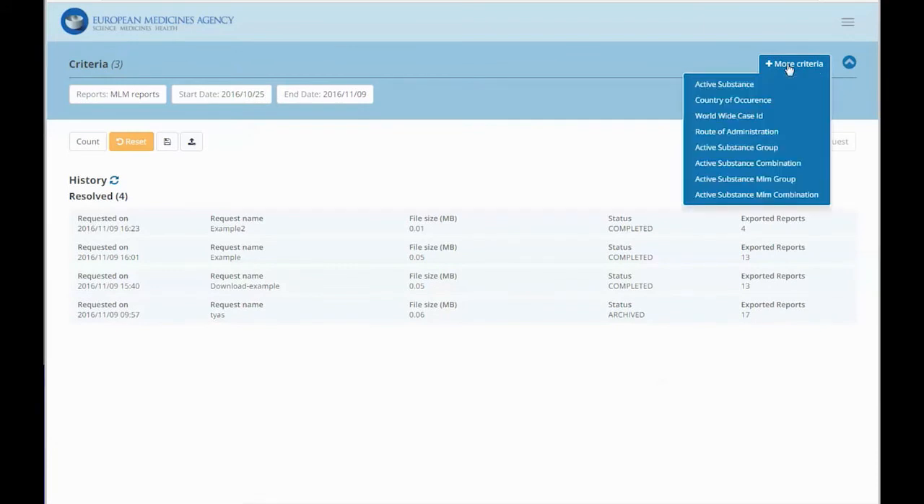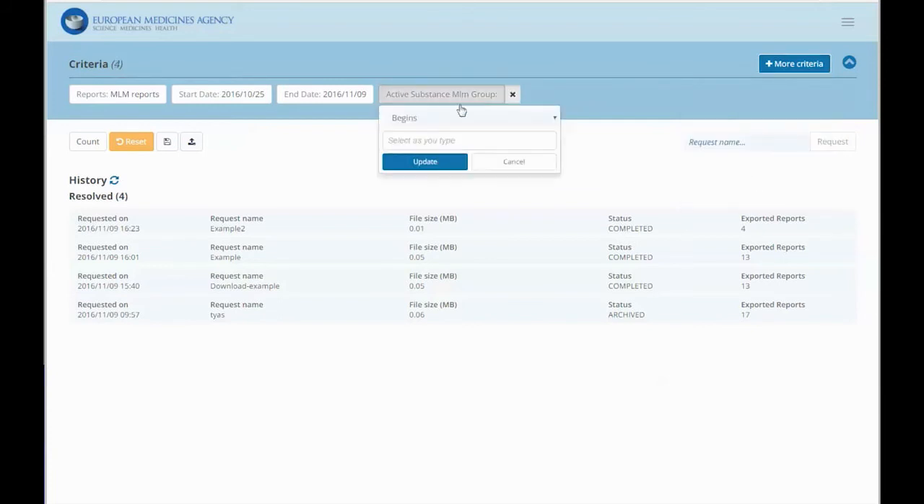To add a restriction to the active substances of interest, choose Active Substance MLM Group. And select the active substance of interest, in this case paracetamol. Press update to add it to the filter, and then perform a count to see if their case is available